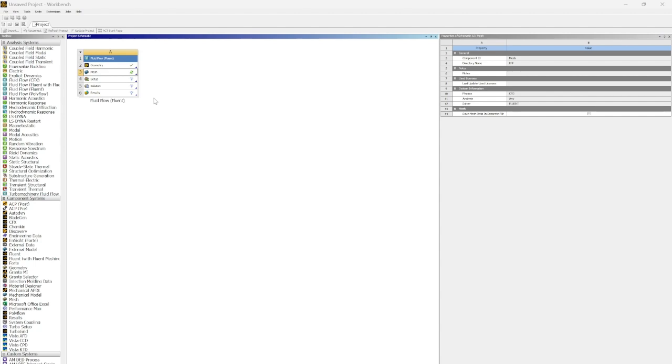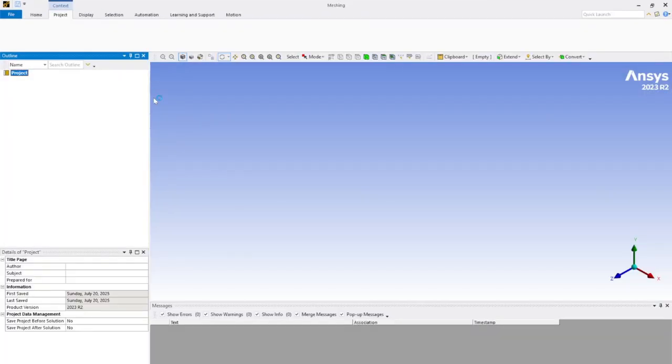which will be a little different from what we've done in the past. We're going to use an inflation tool and a tetrahedral type of mesh around the whole geometry. So once this mesh loads up, we can go ahead and